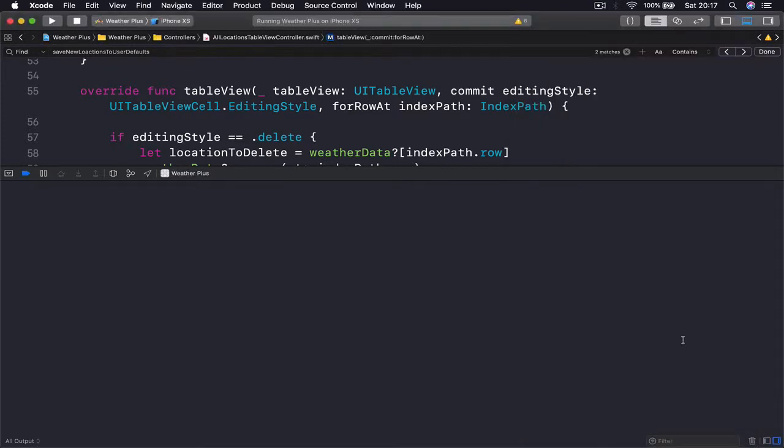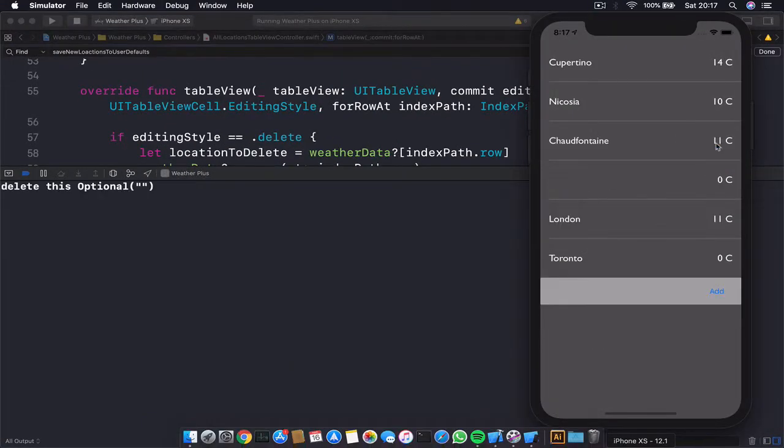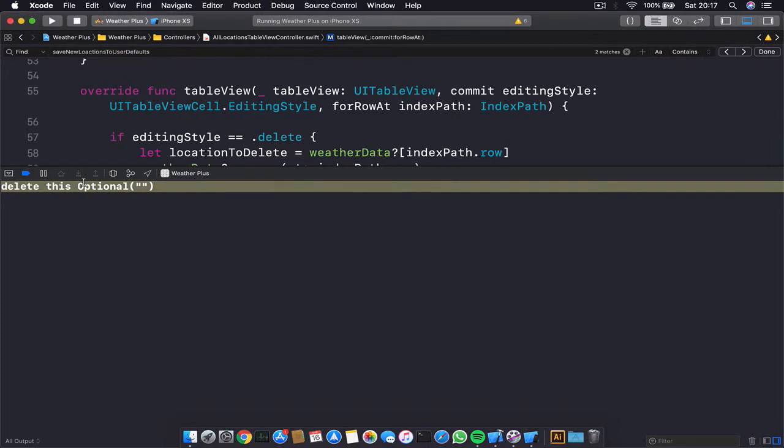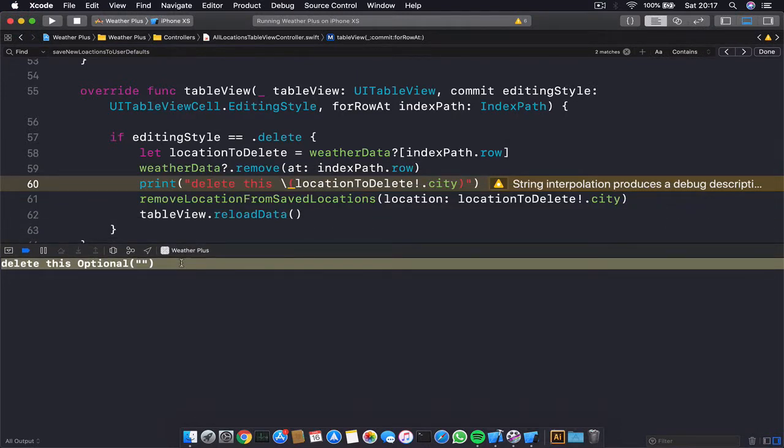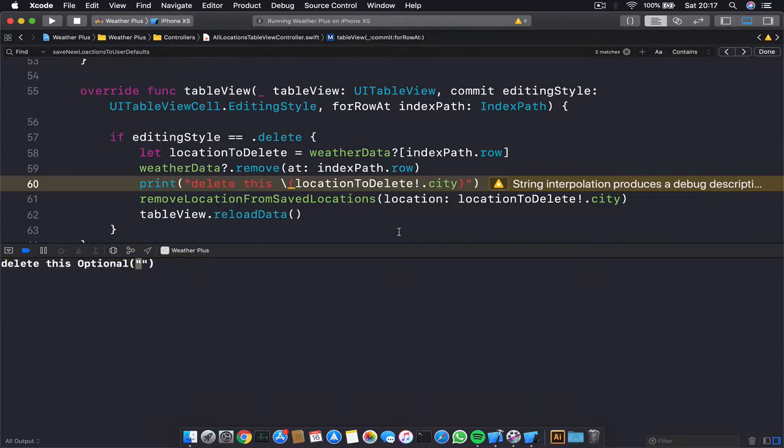And let me clean my console. We try to delete this. So now what's the problem here is that location to delete, what we are passing, is an empty city name,